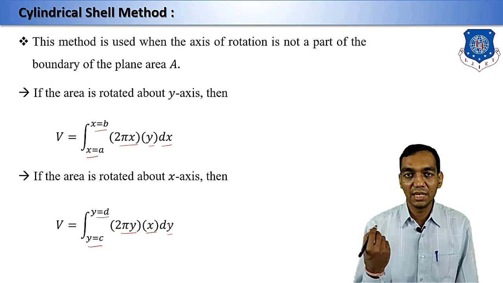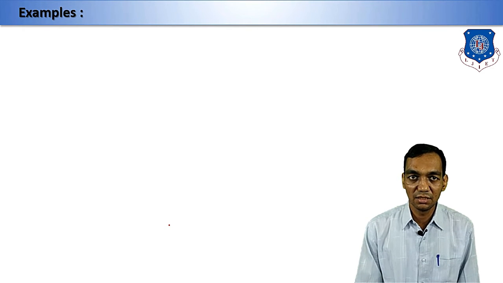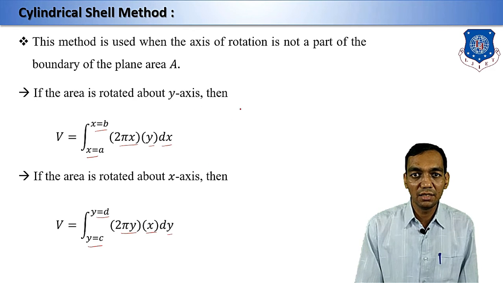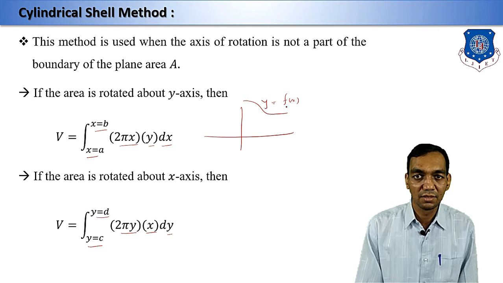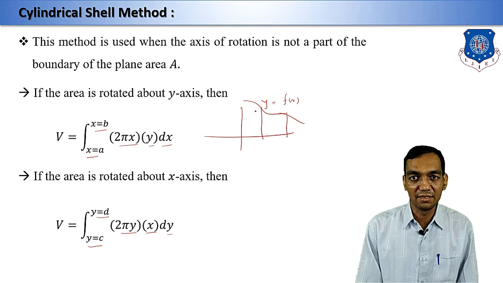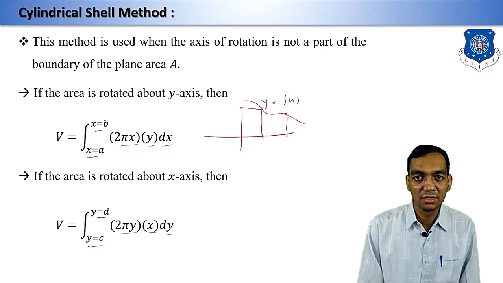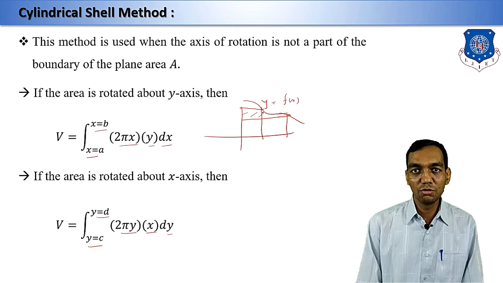Okay. See, here we are going to consider the opposite direction. Suppose we are starting with a curve. Suppose this is any curve y is equal to f of x, and we are going to take the rotation about the y-axis. We are going to rotate this curve about the y-axis. So if you are going to rotate about the y-axis, then you have to take it like this. Okay. So this area is going to be rotated about the y-axis to use the cylinder method.